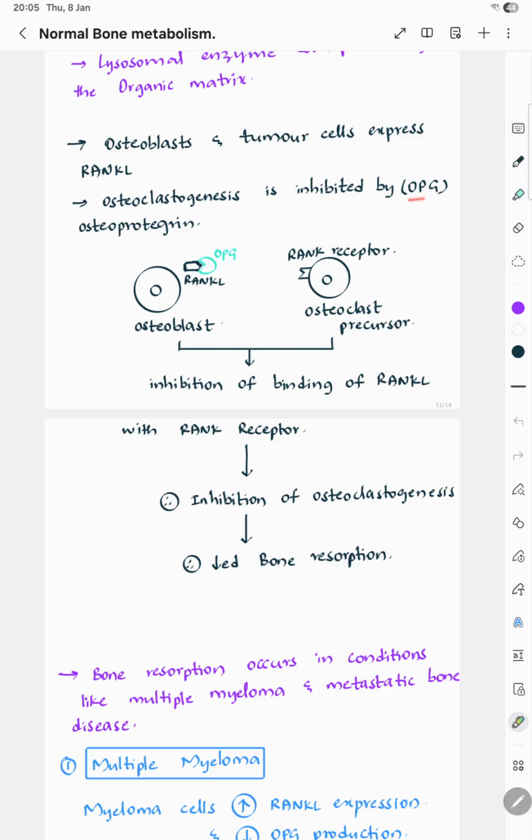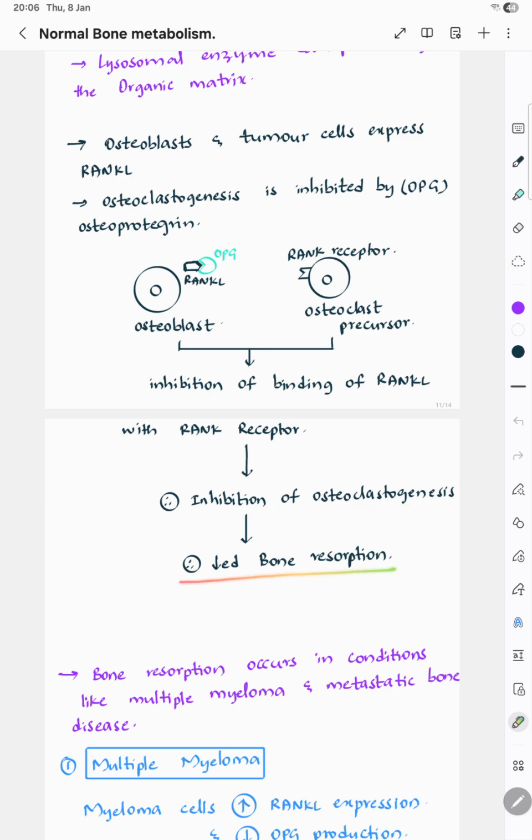Osteoclastogenesis is inhibited by OPG, that is osteoprotegerin. Now we can see in the image depicted, this is the osteoblast with RANK ligand released, and this is the osteoclast precursor with RANK receptor, and this is the OPG, that is osteoprotegerin. Here we can see that the OPG competitively binds to RANKL and prevents the binding of RANK with RANKL. Therefore, there will be inhibition of activation of osteoclast, that is the process of osteoclastogenesis, and it leads to decreased